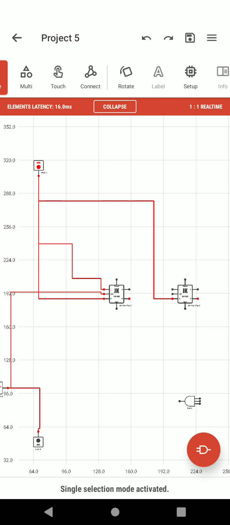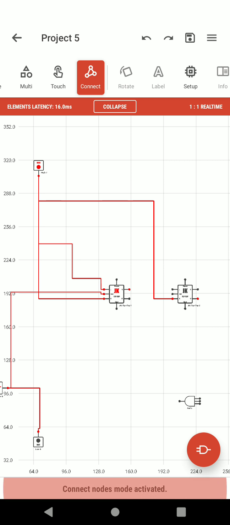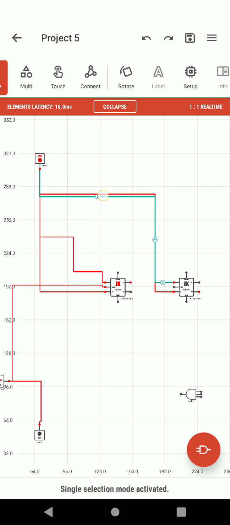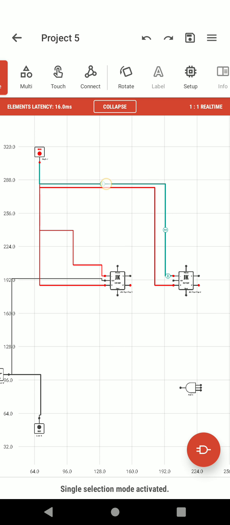Next, again the same thing, we need to connect it to J. So high and J. Just slide it. And that's it.